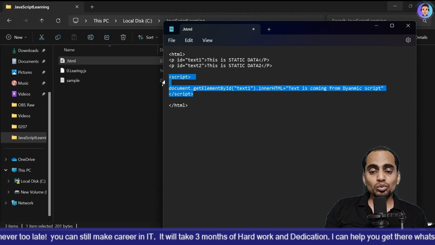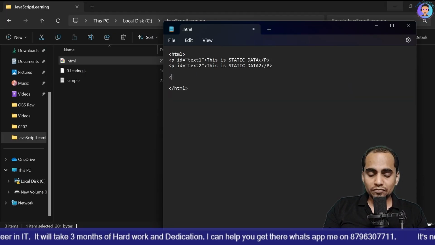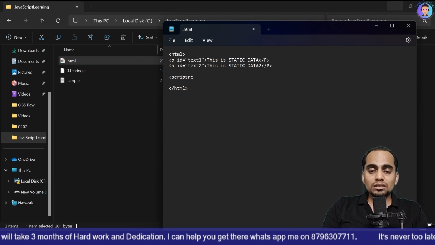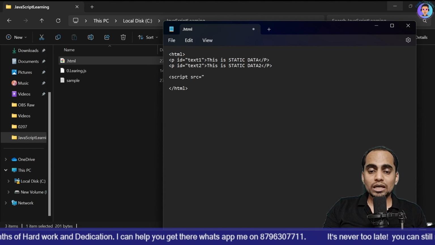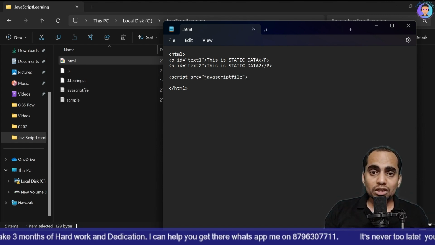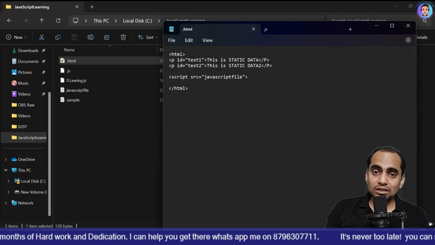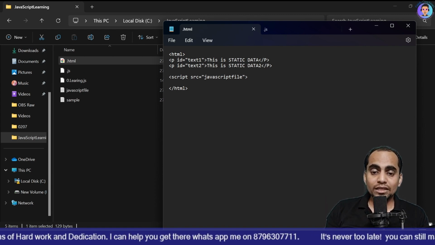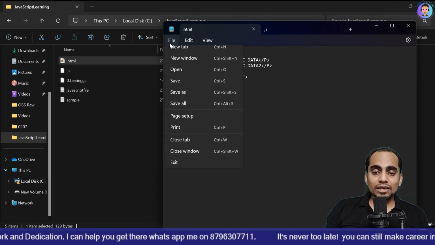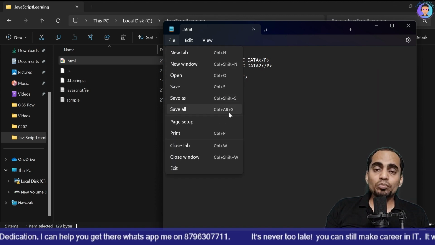What if I want to keep it in a separate file? First of all, src. So this will be in script. What will be the source? I am going to use the file name dot extension. This is how we can put our logic into a JavaScript file, and we can put our skeleton into the HTML file. Now every time I am creating it and saving it, and then opening it,